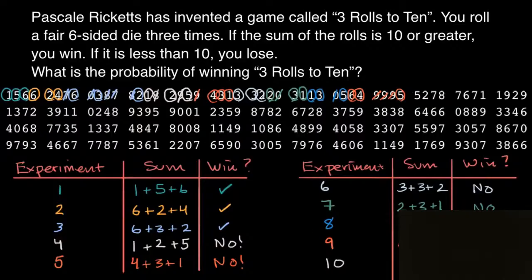So here, experiment 10. First roll, we get a 5. Second roll, we get a 2. This is invalid, invalid, invalid. Then we get a 6. Here, we definitely won. So based on 10 trials, or 10 experiments, what is our experimental probability